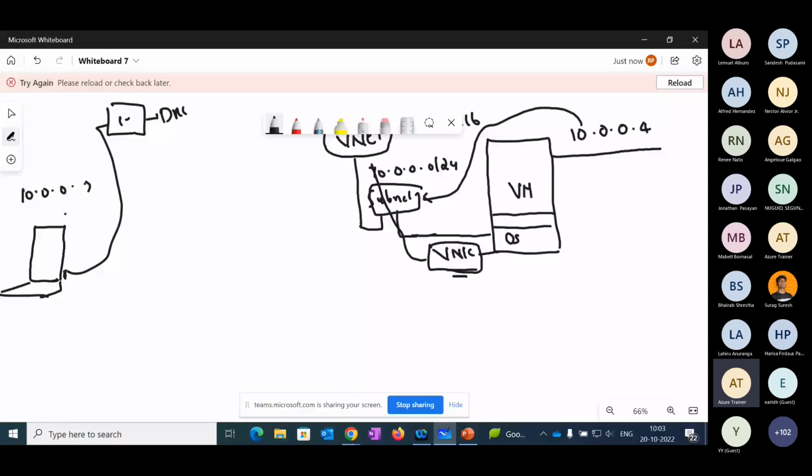Now, in that situation, is the Ethernet card part of a VNet or of your laptop? Your Ethernet card is part of your laptop, but it is virtually connected to a network which is available in your organization. From that IP pool, your laptop is getting an IP address. Similarly,